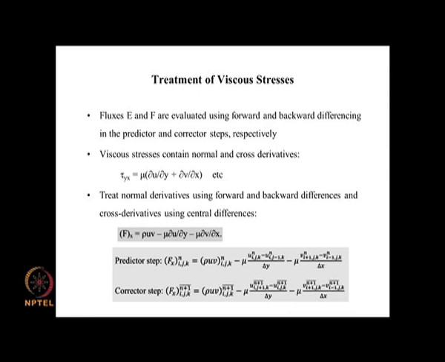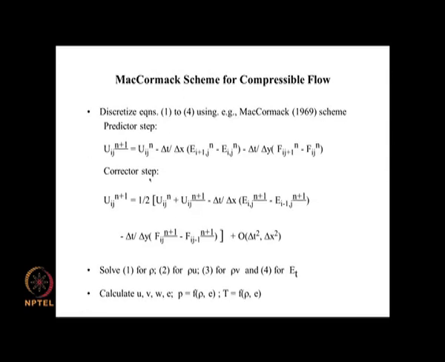Now, viscous stresses are somewhat strange here because they contain both normal derivatives and cross derivatives. So, what do we mean by normal derivative and cross derivative? If you take tau xy, this is mu times dou u by dou y plus dou v by dou x. Okay, so now if you look at this equation here, you have dou by dou x